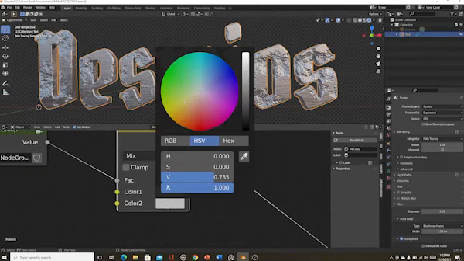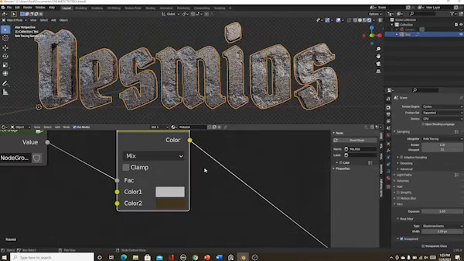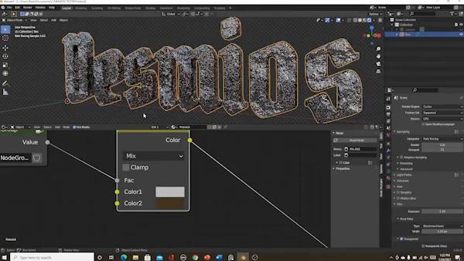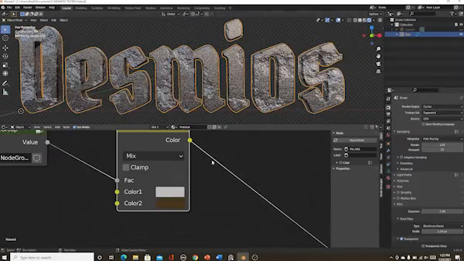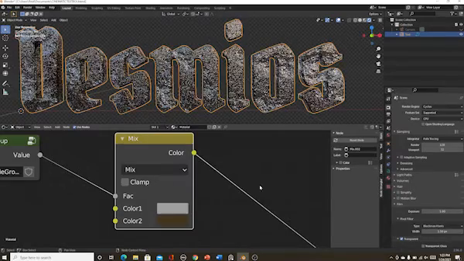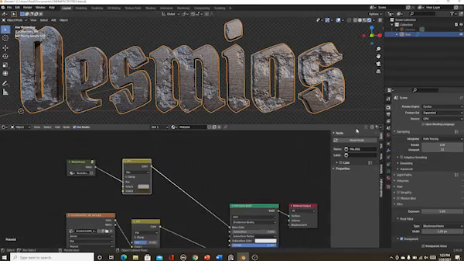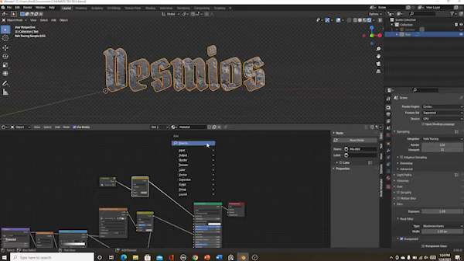Okay, so we're gonna turn this into kind of a rust texture, and I'm gonna turn that down so you can actually see the edges here. You can probably see it better from this angle. You can see a kind of a rust edging on them, and then this is going to be the color of our metallic. But you're like, well, where's the blue though? Where's the blue? Well, we're gonna put in